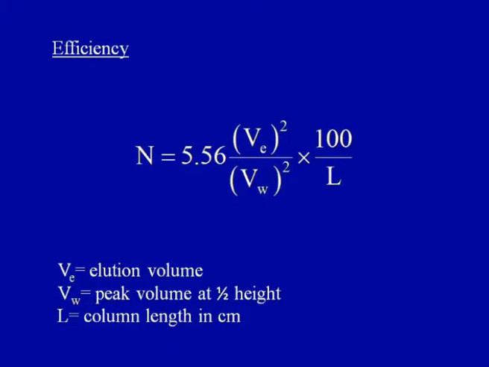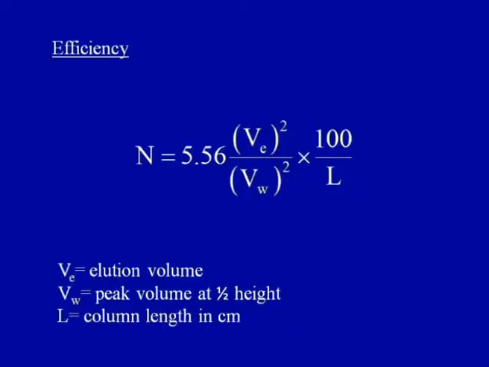If you consider the efficiency of a gel filtration column, if you could recall, we were talking about the theoretical plates. The more theoretical plates, the better the resolution and the better the separation power of a column. So, here efficiency is determined by calculating the number of theoretical plates per meter, and this equation could be utilized for calculating the theoretical plates,